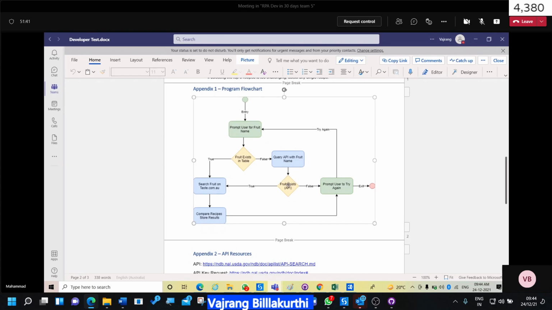In that case it is false, right? It will simply close. It will prompt the user whether you want to continue or exit. If you want to continue with a fruit name again, the process repeats. If he wants to exit, it will exit. Yes, total 3, Raju. Total 3 cases, 3 scenarios.